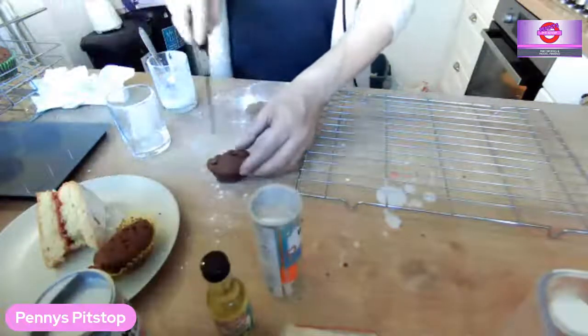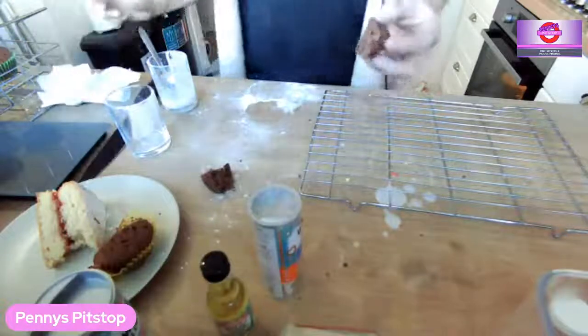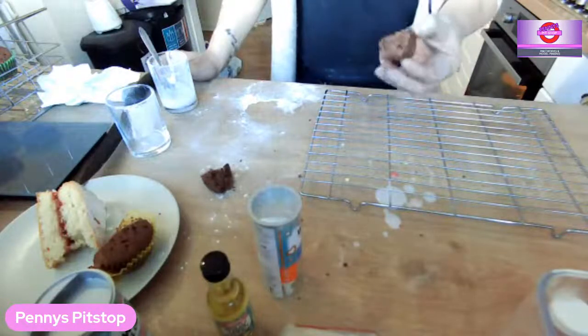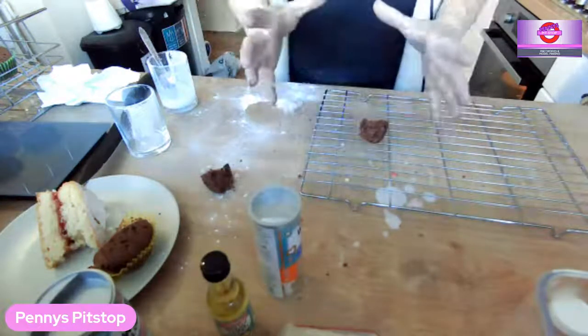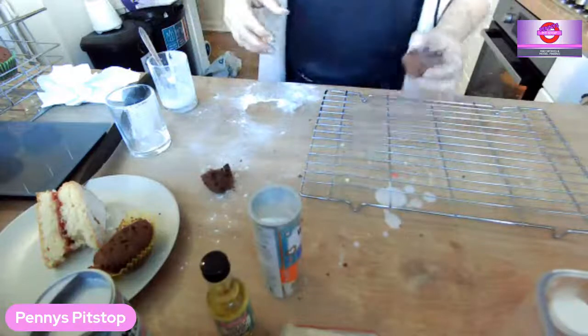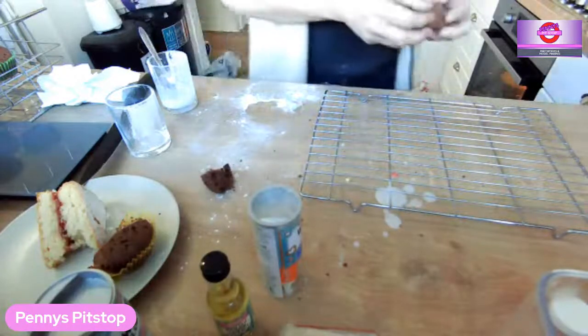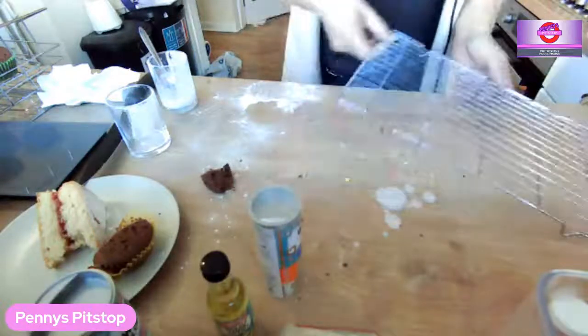But these, I think, are overdone. Remember, when you do cupcakes, they don't need cooking for quite so long as the Victoria sponge, because the Victoria sponge is bigger. It takes longer to penetrate the heat in the middle, whereas cupcakes will just cook maybe 10 minutes shorter. So while I'm here,